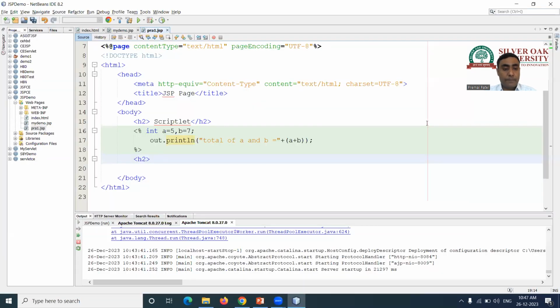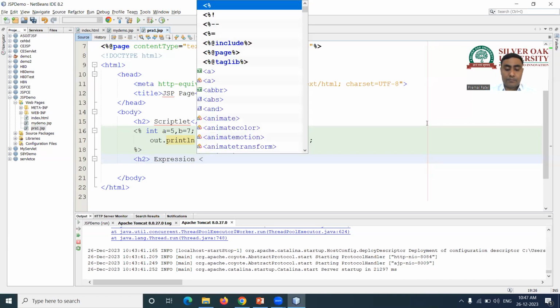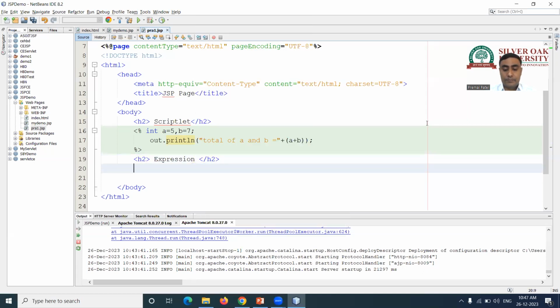So expression, same as the declaration, and here I have to write the equal to sign, and then what we have to write is the same statements. I want to print this same portion without any out.println statement, so I am going to copy